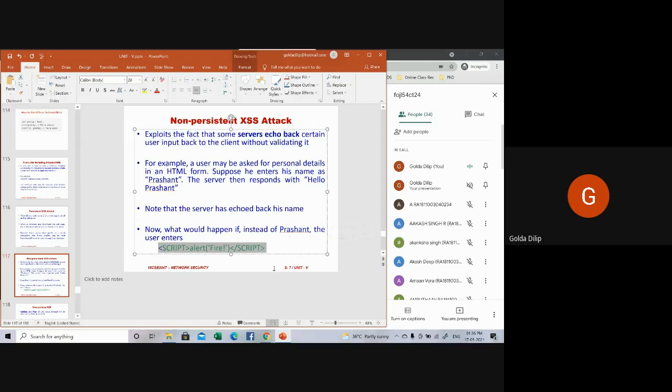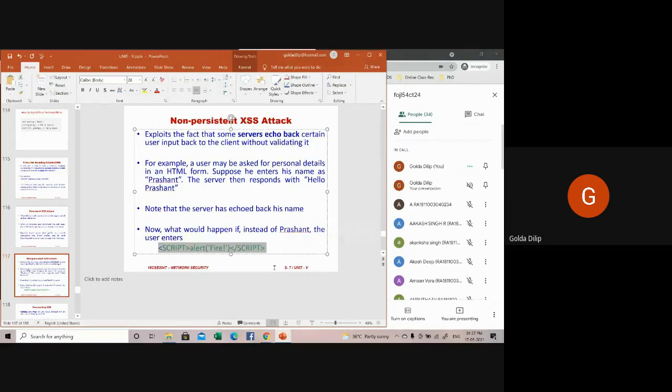If JavaScript is not disabled on the user's browser, this script will definitely be executed, and an alert box with an alert message will be displayed on the web page. That's what happens in a non-persistent XSS attack.